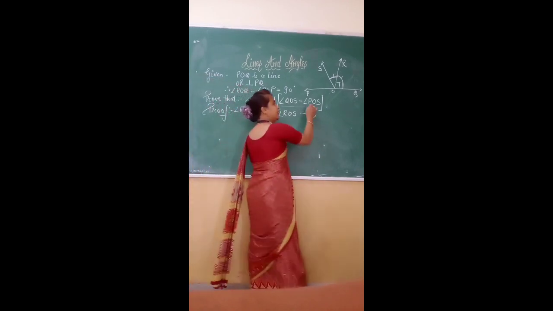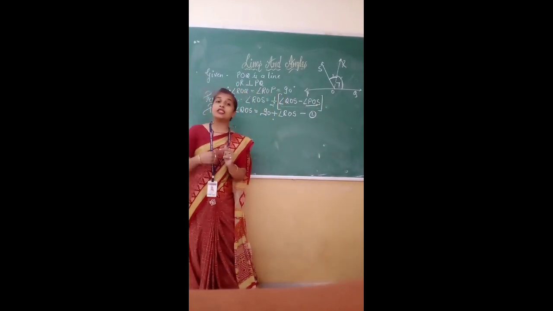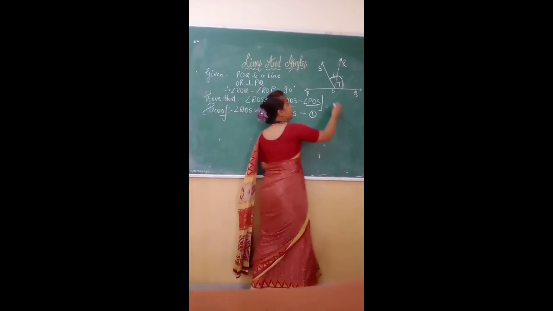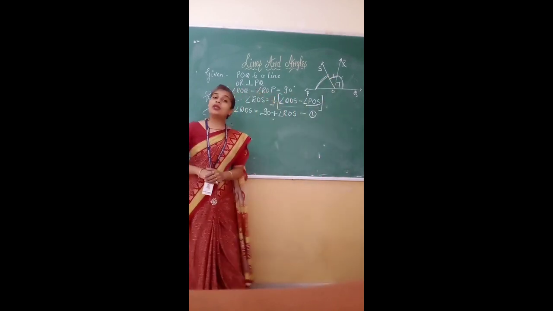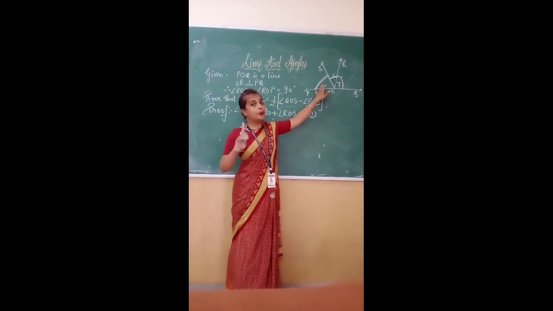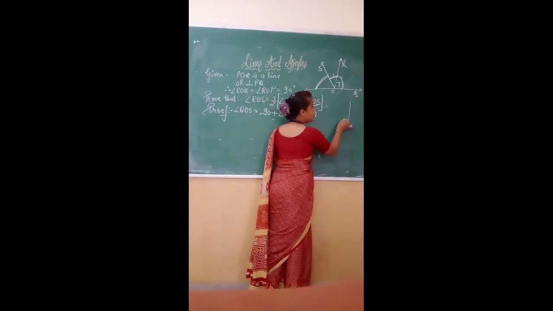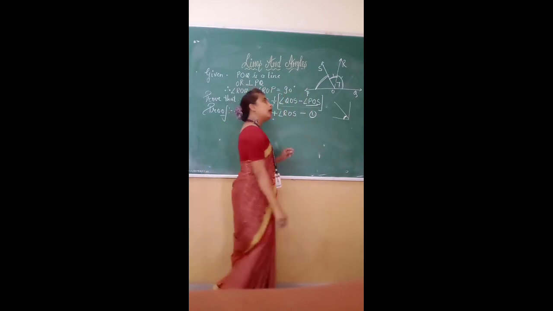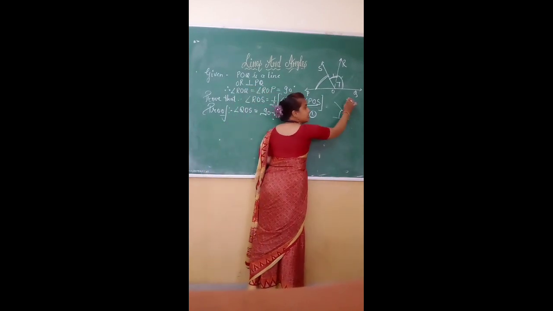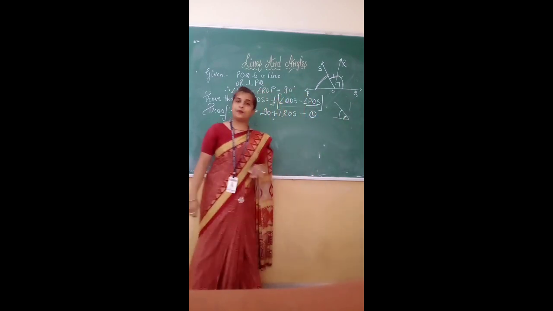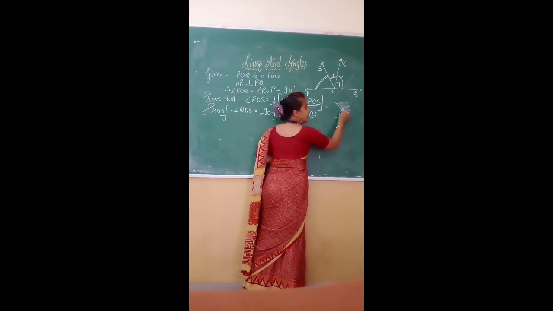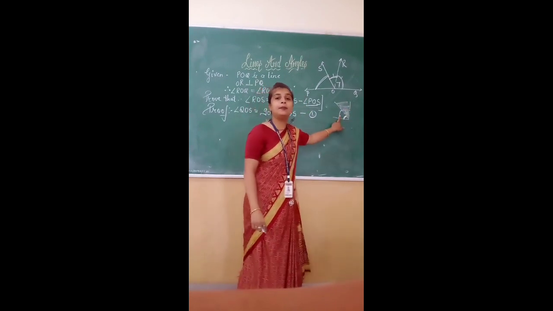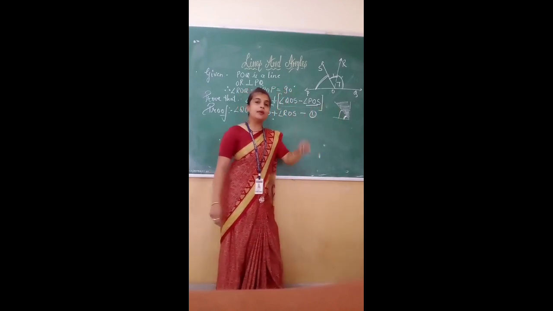Now, secondly, what do we have to find? Angle POS. Which value do we have to find? POS. This is the part POS. Now, how can we find out this POS? To find POS, suppose this is the figure, this angle we have to find. So we can write this angle as the whole angle minus this angle. If we subtract this angle from the whole, then the remaining part is POS. So the same thing we will do here.